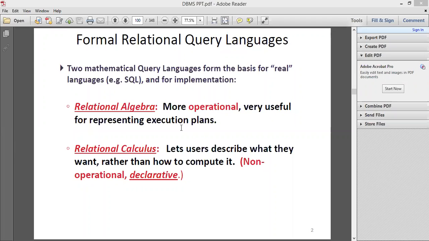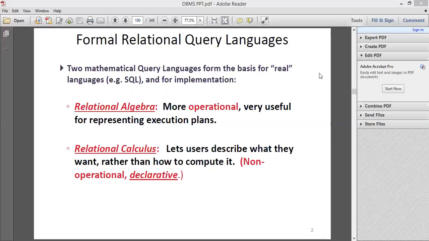Relational query languages are of two types, procedural and non-procedural. If you say procedural language, it specifies how and what data is to be retrieved. It will give you the query: how the data should be retrieved and what data should be retrieved. Whereas non-procedural language specifies only what data is to be retrieved.